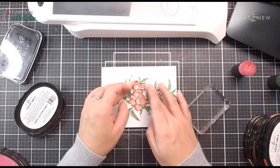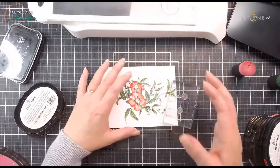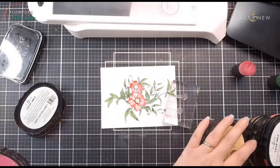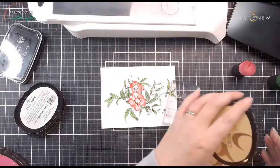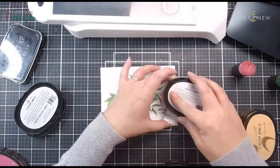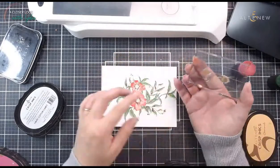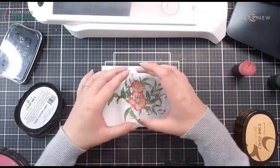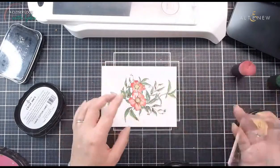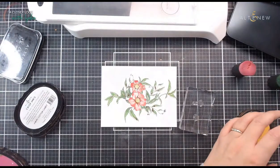Oops. My fingers are a little bit sticky, I think. And grab some oranges, orangey yellows. Hi, Christine. And I'm going to go with the Sunray ink and ink that up. Oh, I made a mistake. I've got like red ink on here and I've left it on there. That's not great. Well, we can die cut this, so, you know,